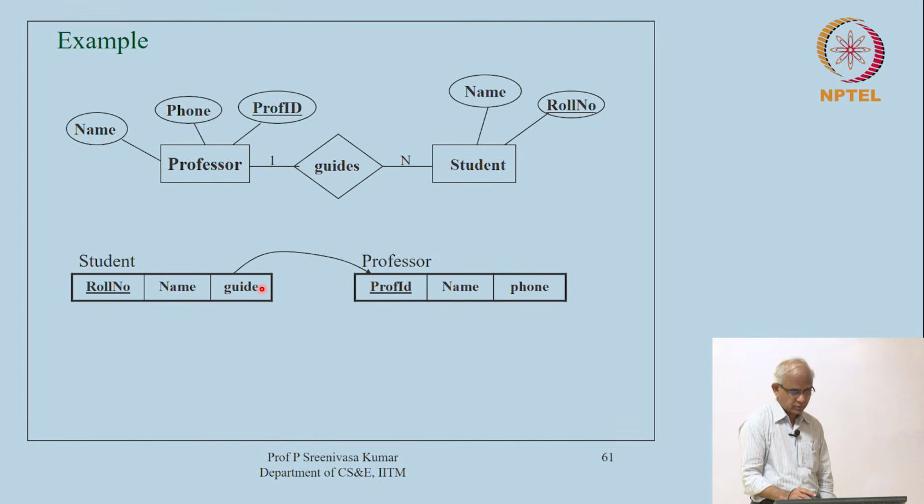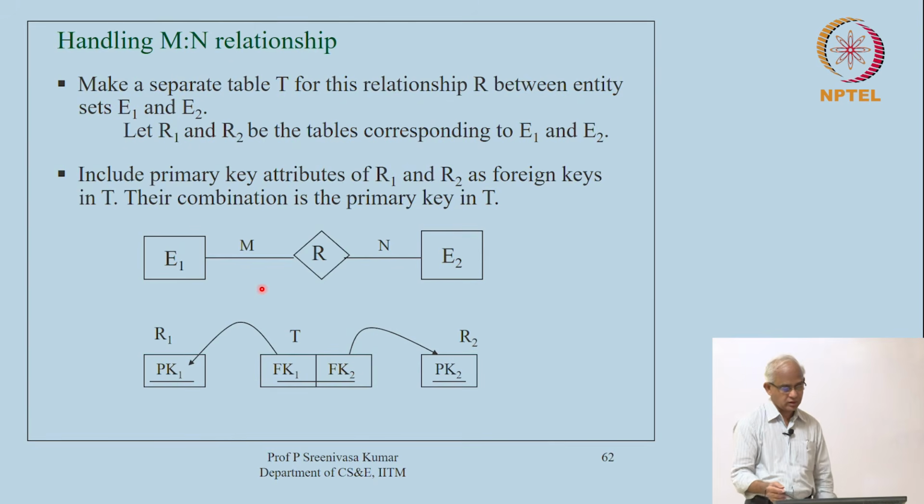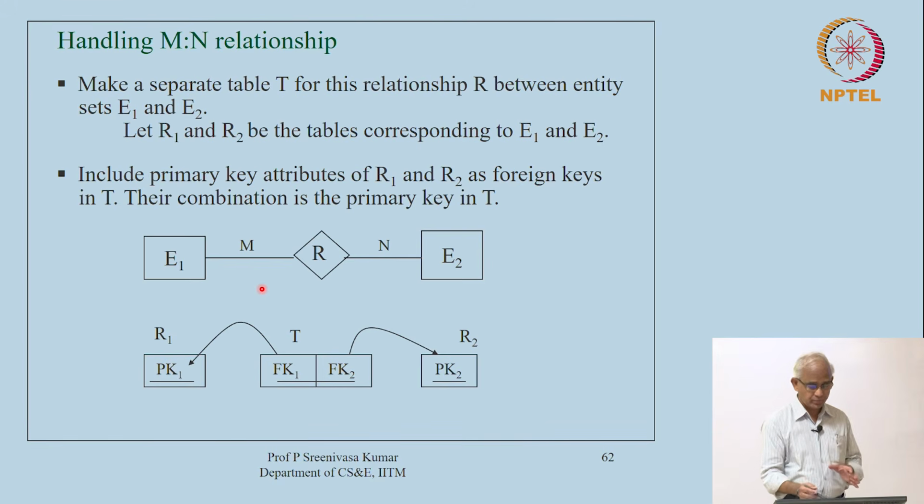Okay. So, that is about the two specialized relationships, one to one and one to many. Let us now look at the many to many relationship. Here there is actually no option to augment either the one side or the other side. So, now we basically have to go for a third relation. Make a separate table T for this relationship R,